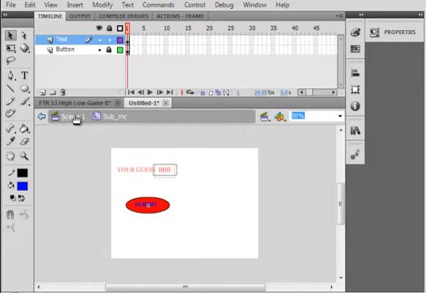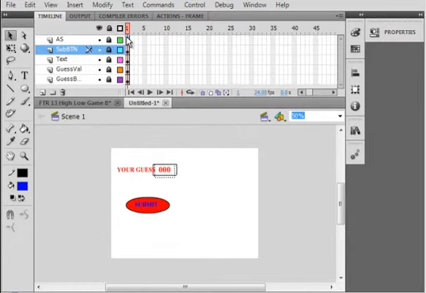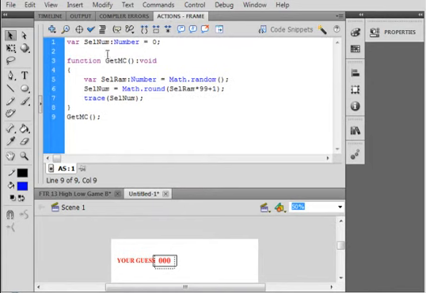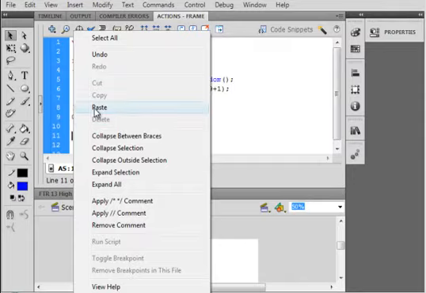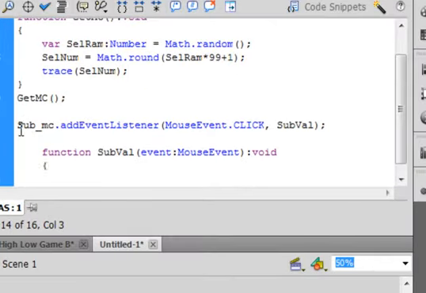Let's go back to scene 1, lock the layers, open the actions panel, and now we've got to write some code for that button we just made. Right here below this, get MC, put in a couple of spaces, and type. That's the button we just made, capital SUB_MC, period. It's an event listener. Add event listener, small a, capital E, capital L, turns blue. Open bracket. It's a mouse event, capital M, capital E, that turns blue. Period. CLICK